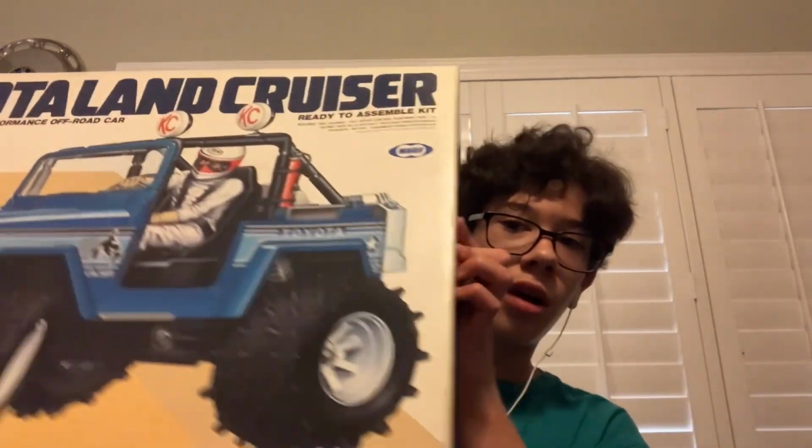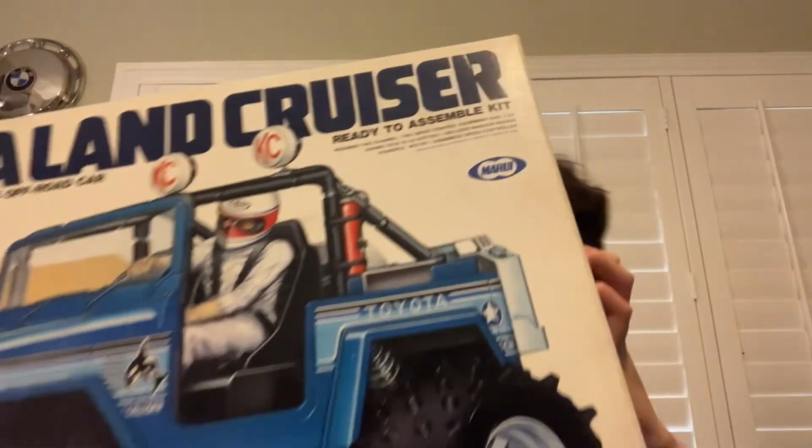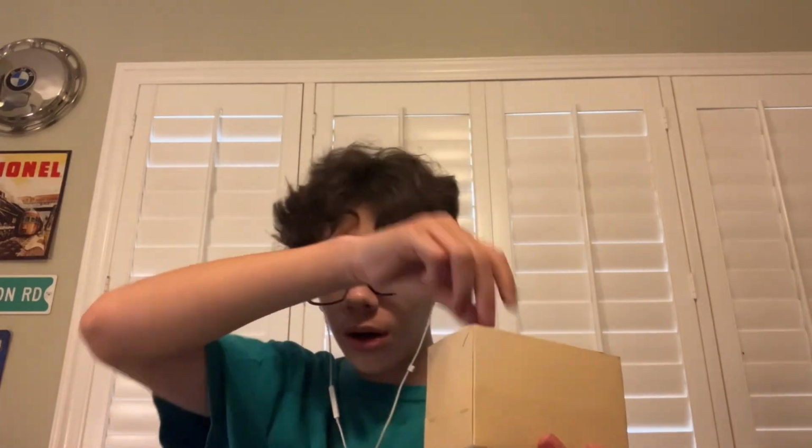The really neat thing about this RC car is that it came with the original box, with very cool box art on it. So we're going to take a look on the inside. In this little box right here is the battery. It's just a cheap Amazon battery with a standard Tamiya connector, a AA for the servo pack, and then your